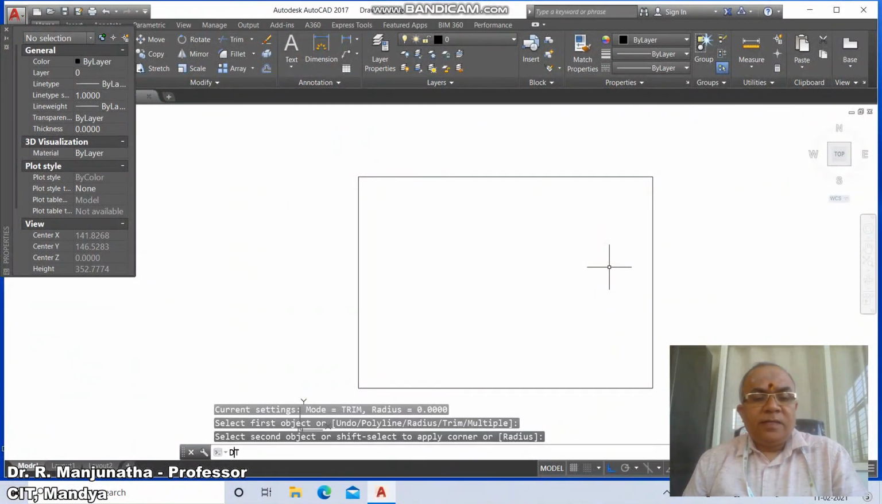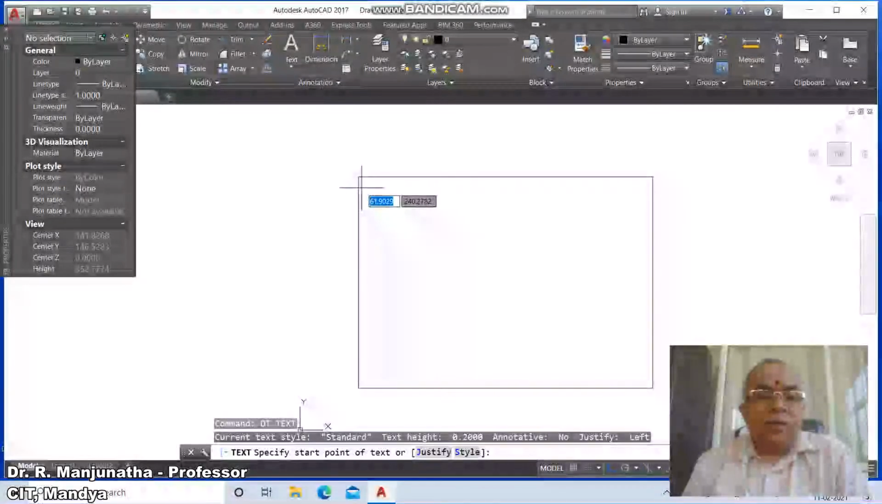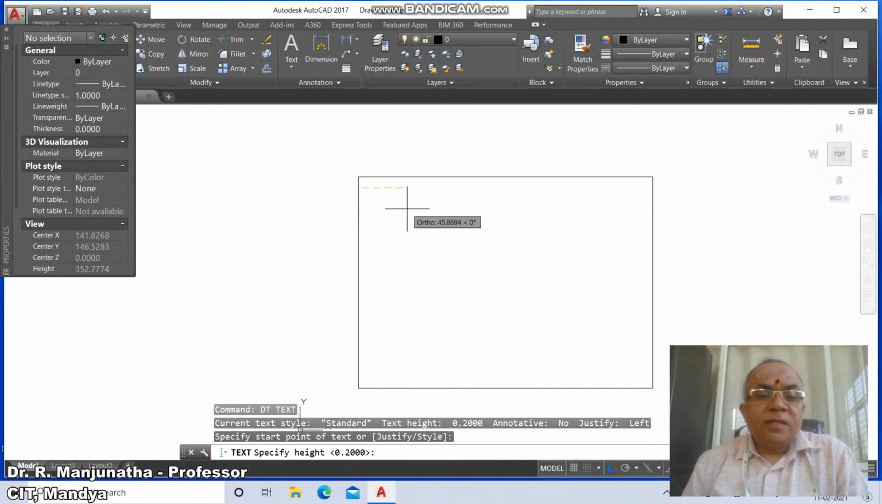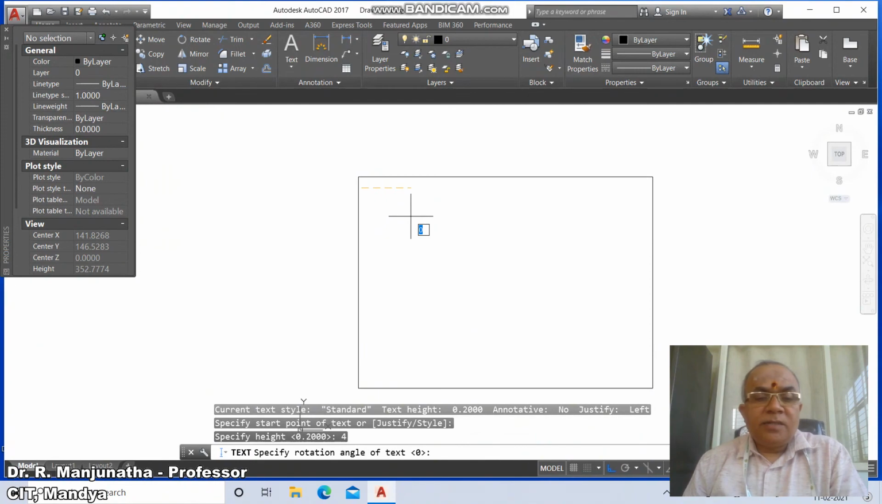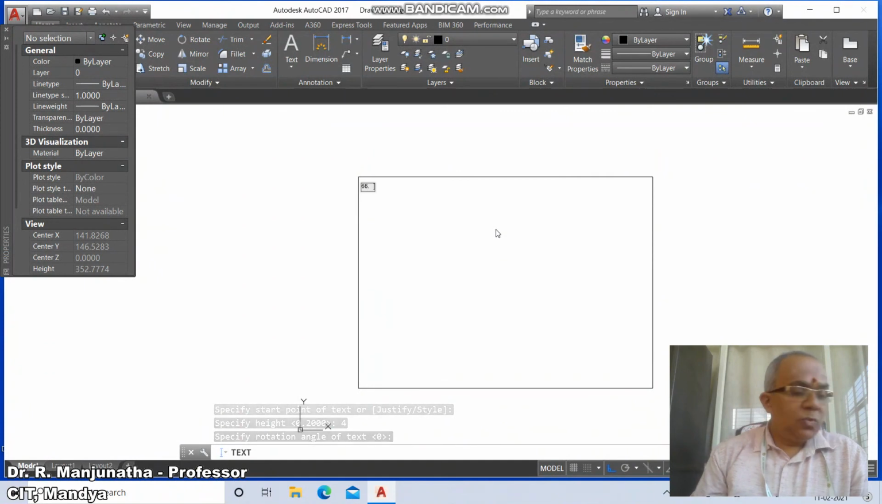Now we'll go for the text. So type GT and then click, specify start point. You select the lower left corner, click the mouse, and specify height as 4 and then rotation angle as 0. And now we're going to type the problem. Type problem 66. So go to the top view,